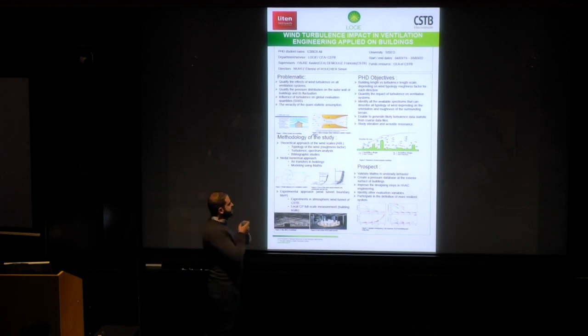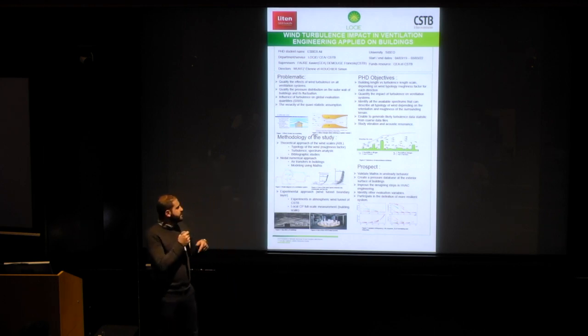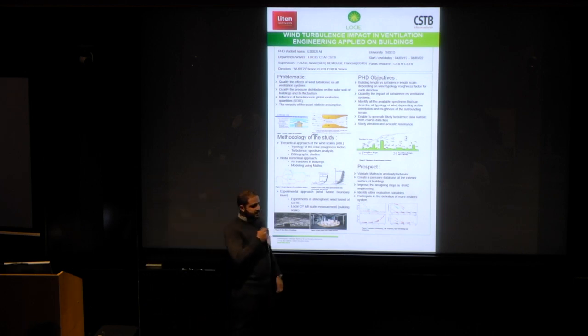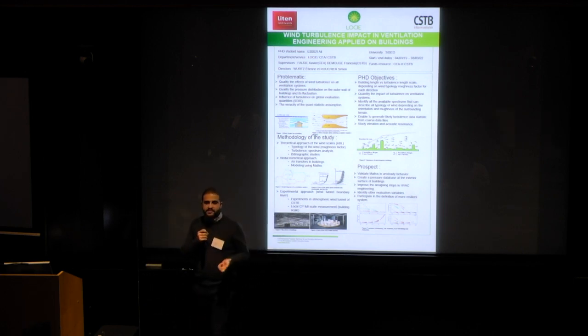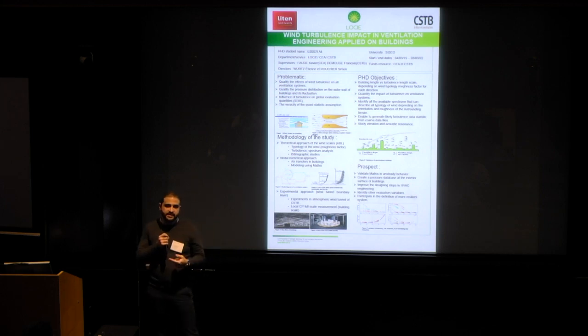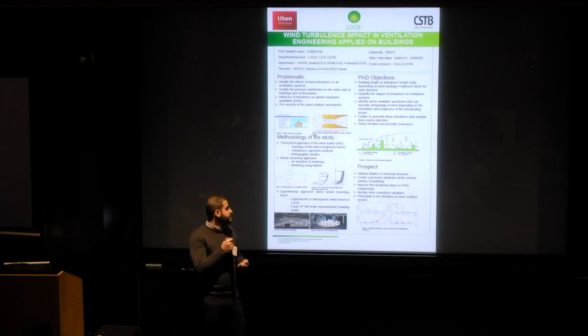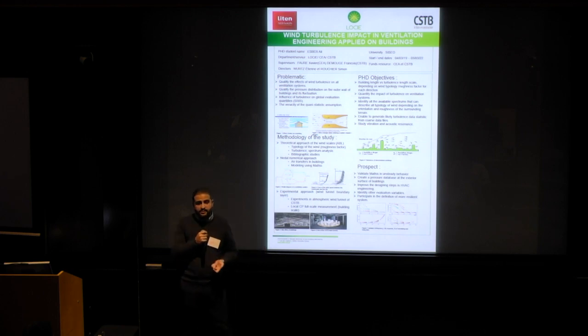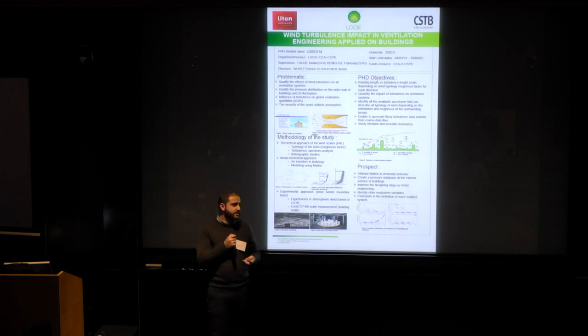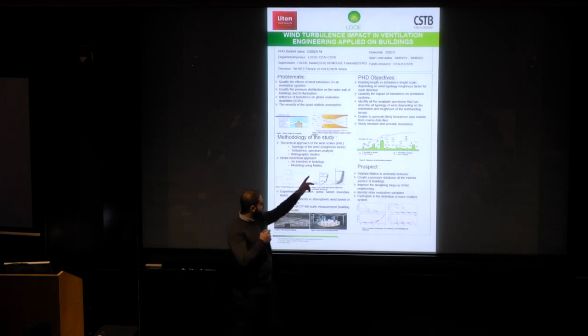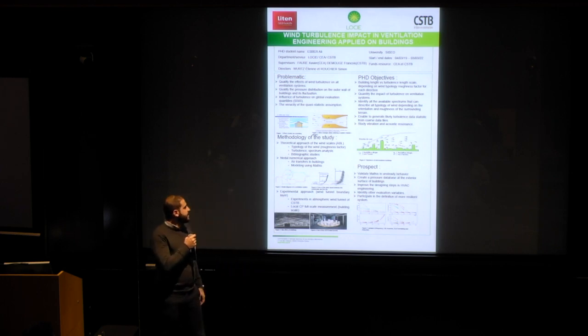But the main objective is to work on the orientation and the roughness of the surrounding environment. But we have one problem: with this spectrum, when it hits the building, more and more turbulence is generated depending on the shape of the building. So we work on two sides. We will see it in the methodology of the study. And the first thing that we will study is also the vibration and the acoustic resonance.